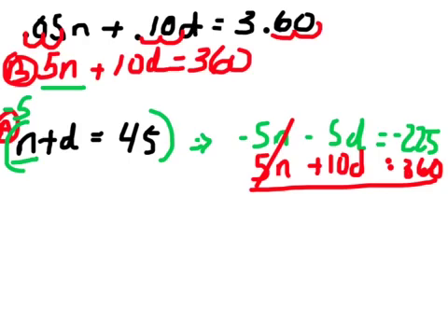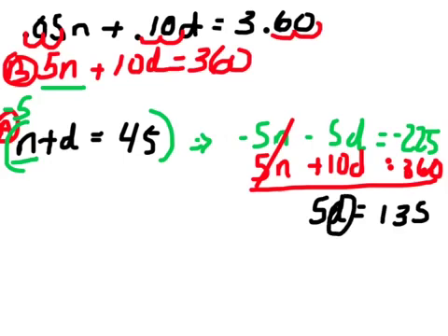I could look at that as 10d minus 5d. It'd be a little easier to think about. So that would give me 5d. And then I got negative 225 plus 360. That's the same thing as 360 minus 225. And if you subtract that, you're going to get 135. Make sure that's right. Yeah, it is, okay? So if 5D is 135, if I want to solve for D and get it by